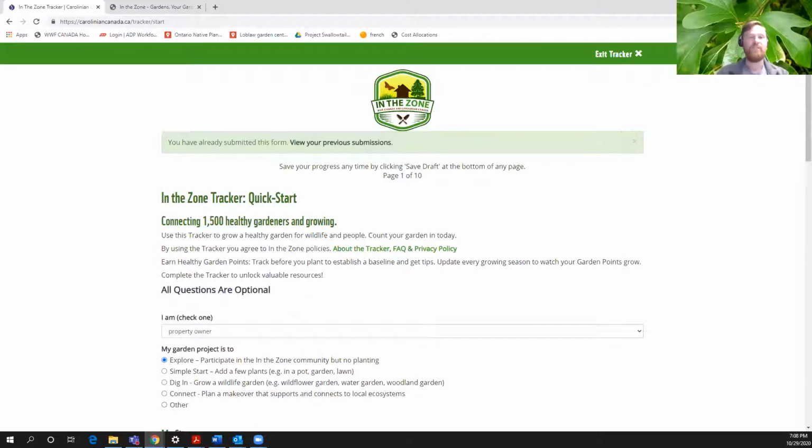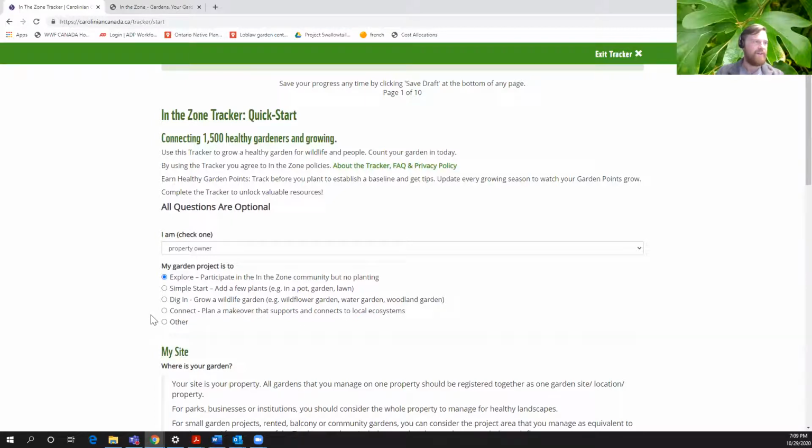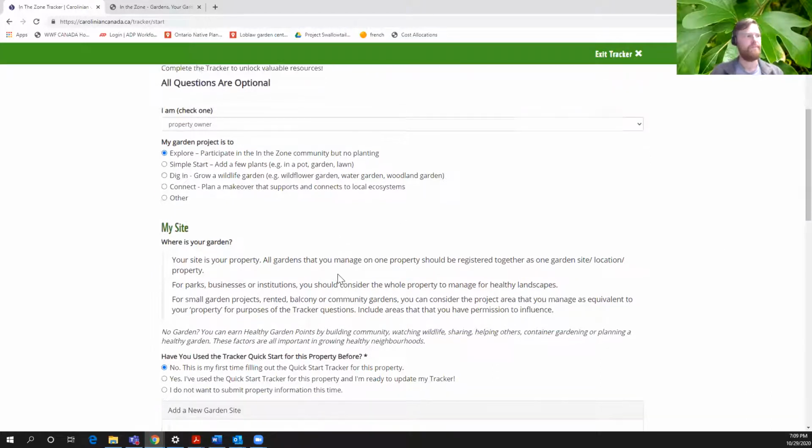So we're gonna check our data on this, and if we see people who have signed up from Project Swallowtail specifically, and I'll show you how you do that in a little second, we will get you a garden sign. We'll get you either through your block ambassador or through someone closely associated with the program. We'll get you signs, which is pretty cool.